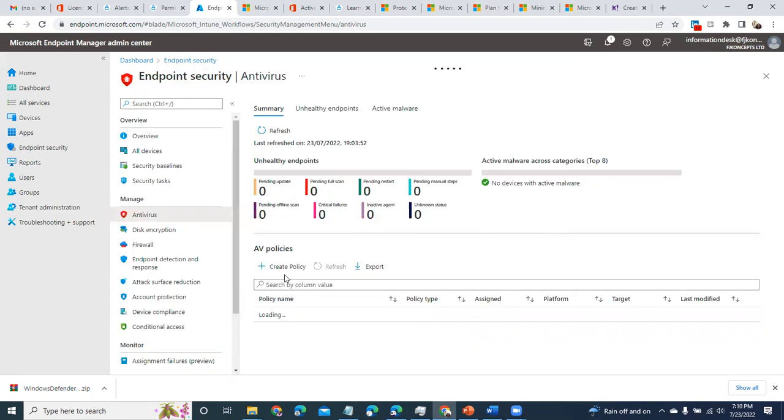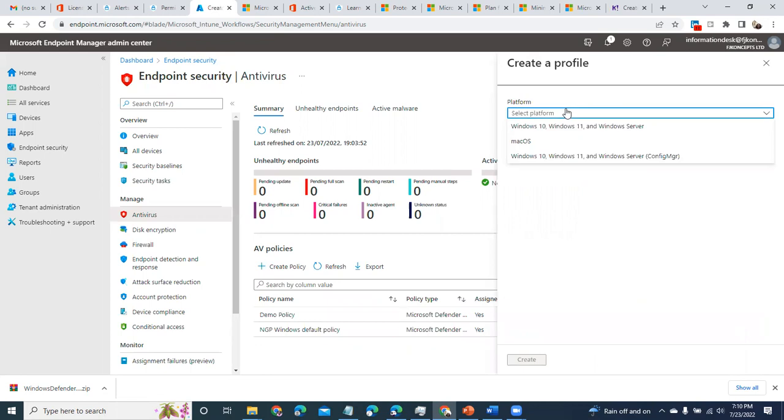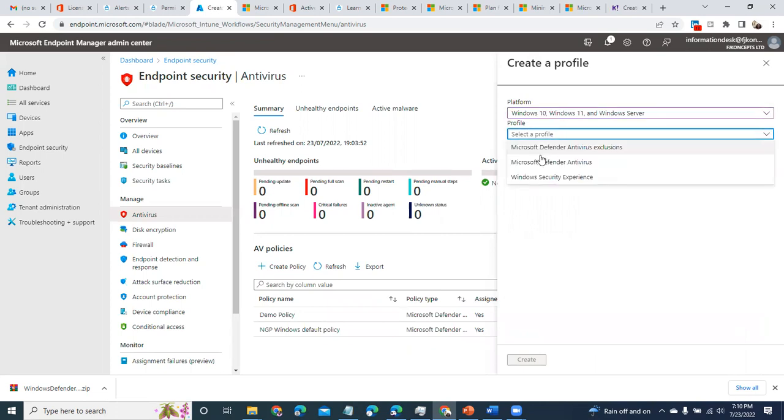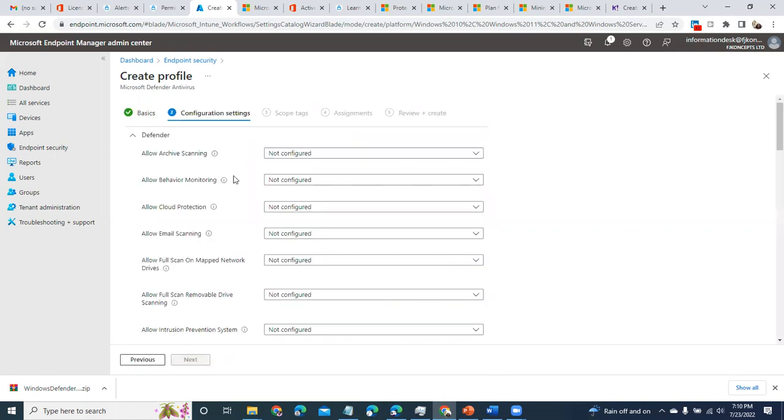The same way you just create, like I said, always have different policies for different operating systems. And here we're doing this, and then assign it to, I think this is a Defender antivirus. This is your typical antivirus that you know. And if you're very conversant with antivirus policies, this is just your typical antivirus policies. Allow archive scanning, allow behavioral, allow cloud protection.